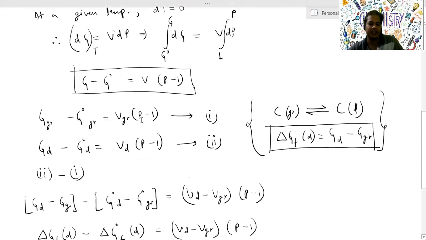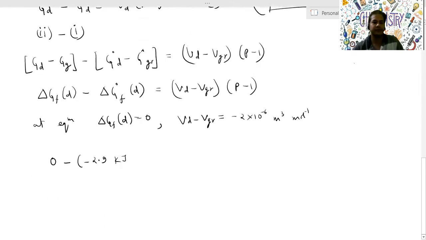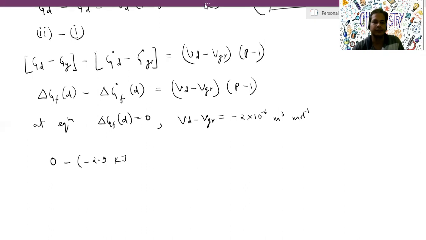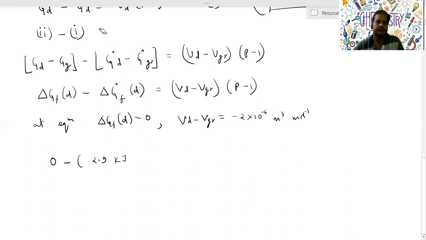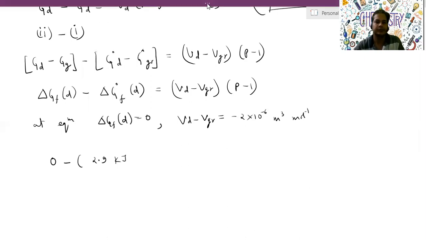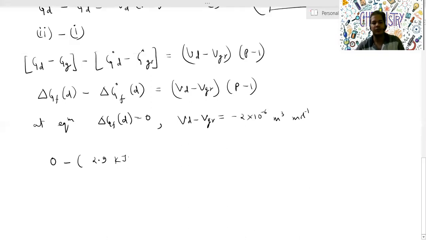It's positive, so we'll write it as positive. So 0 minus 2.9 kilojoule is equal to volume of diamond minus volume of graphite, which is minus 2 into 10 to the power minus 6,